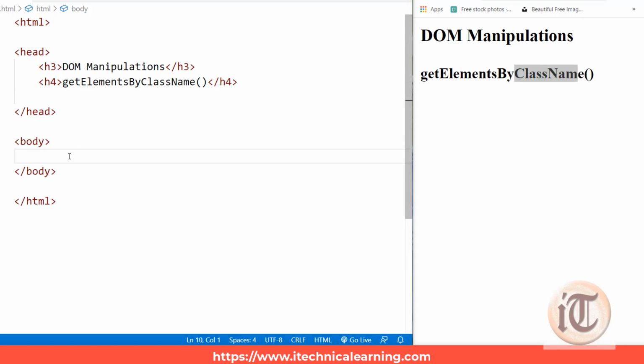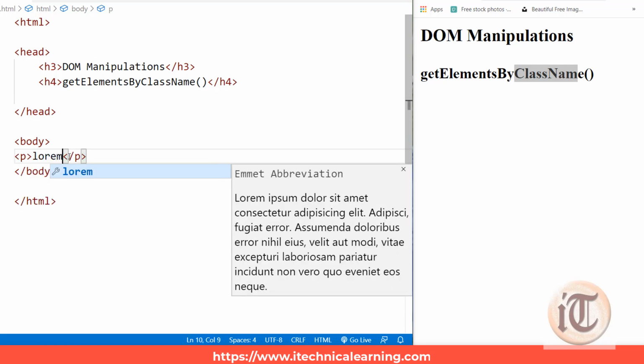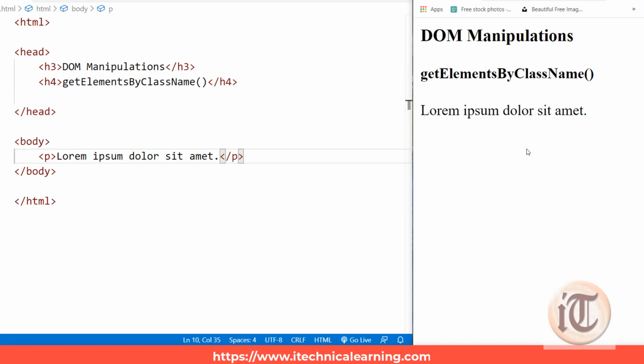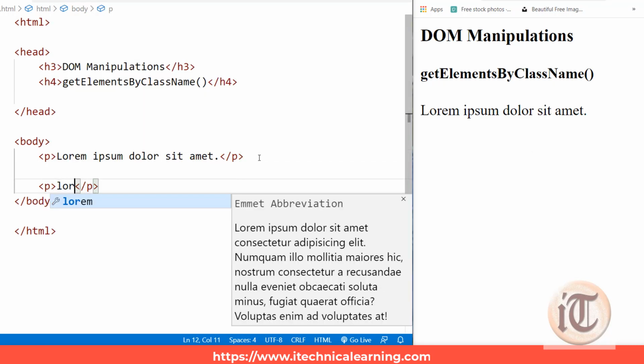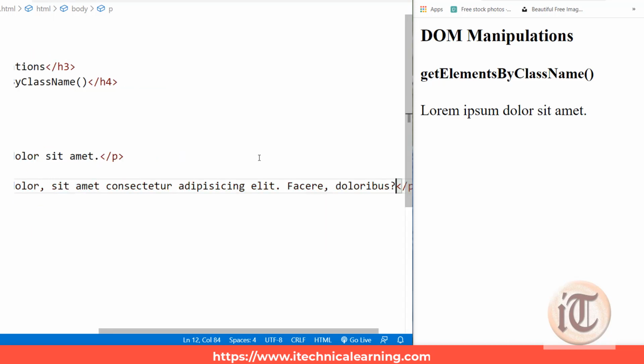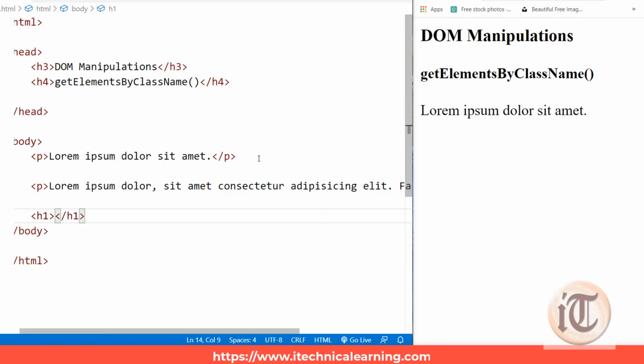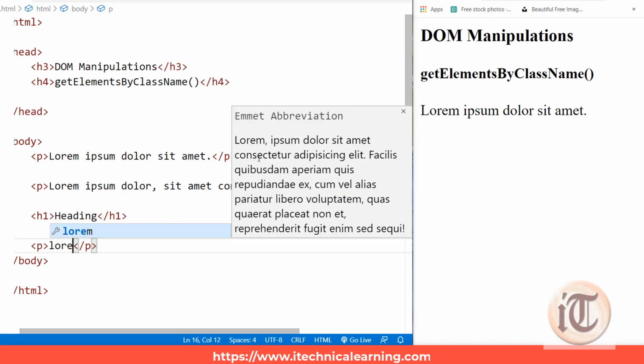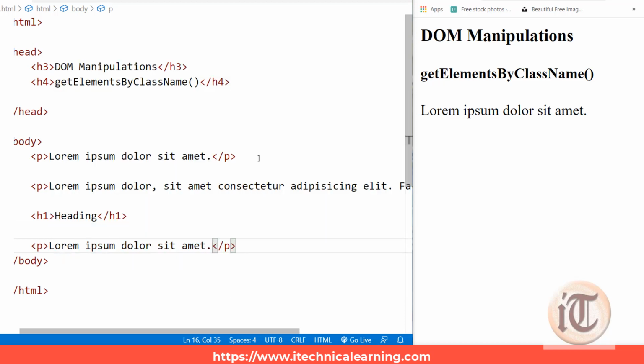Suppose I have a paragraph that contains some random values, that is first paragraph. Second, I have one more paragraph with some other random values. I have an h1 tag saying some heading.